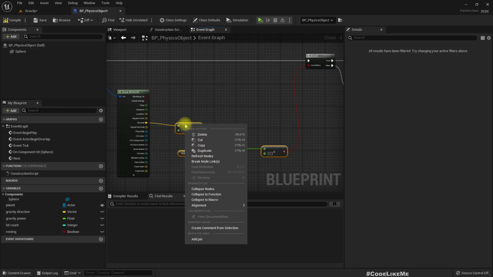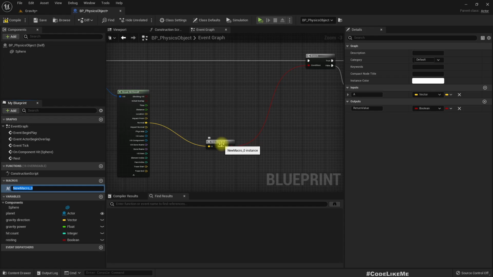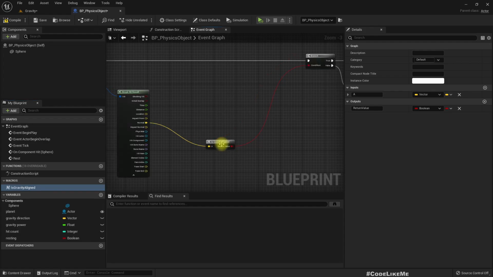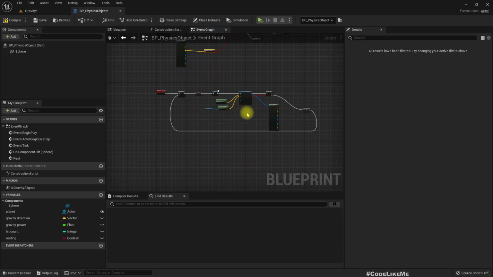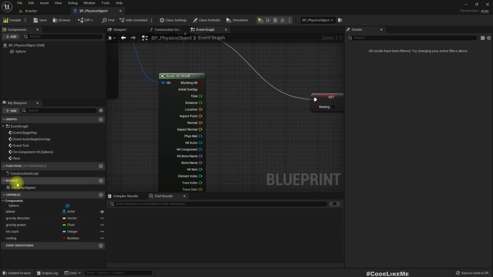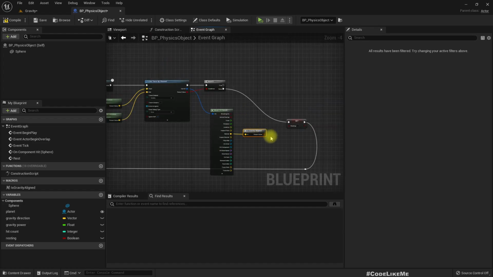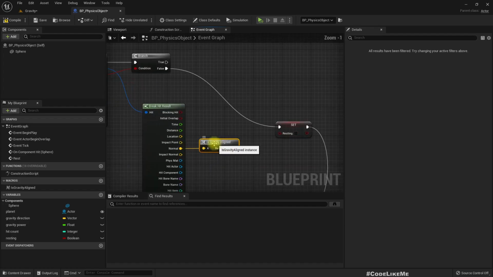So we can add this to a macro. Is gravity aligned? Okay. If yes,